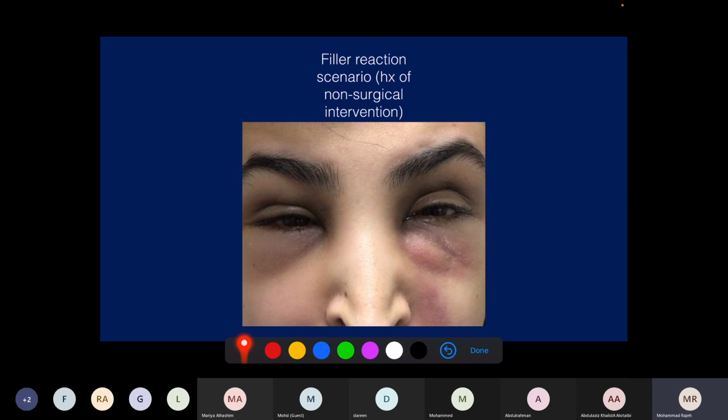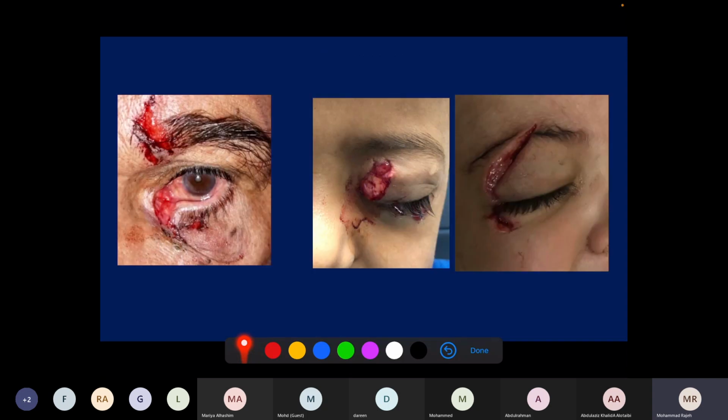Now they have mainly complication of hyaluronic acid, but still it's very important to know. It's even a board exam question, this one. Going to trauma,